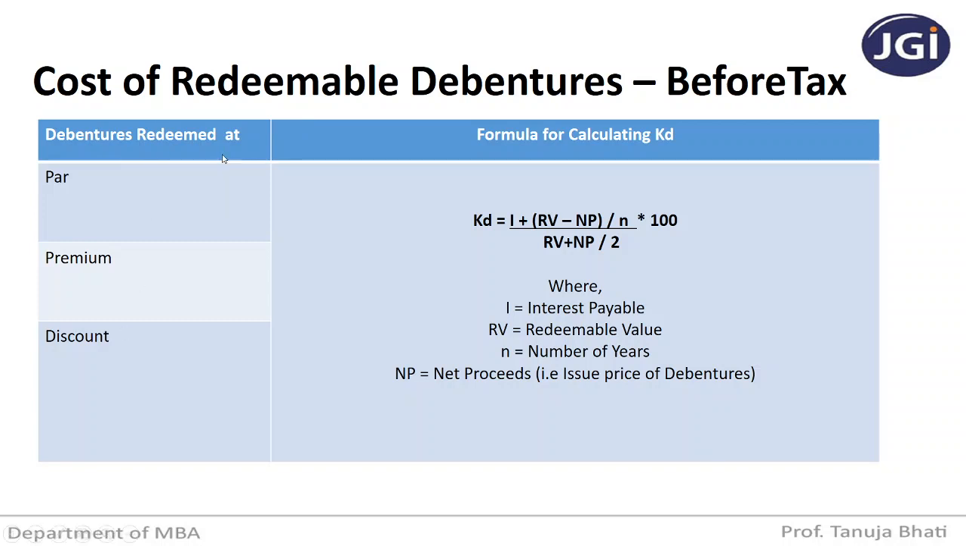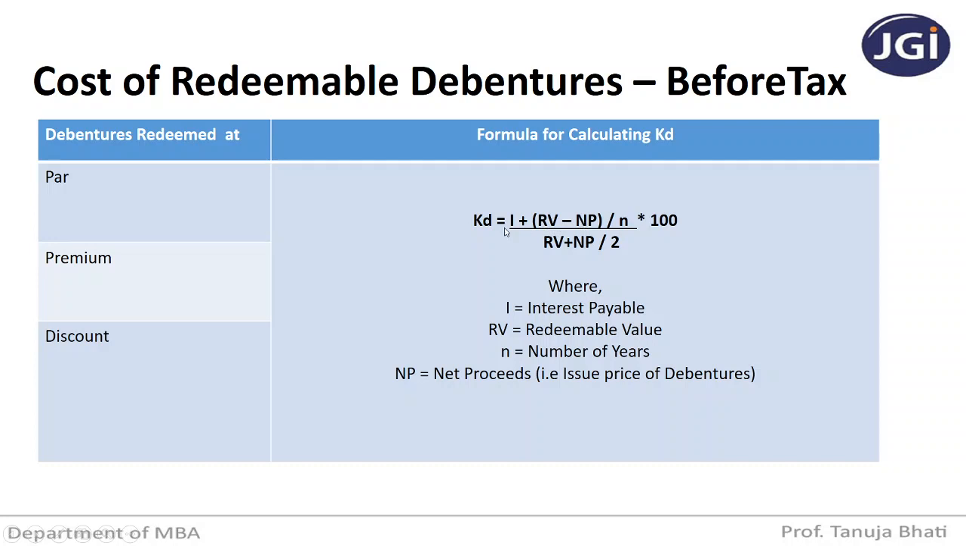So debentures can be redeemed either at par, premium or discount. Now the formula for calculating KD: KD, the cost of debentures, is equal to I, the interest payable, plus RV minus NP divided by N. N is the number of years, the definite period after which the debentures are going to be repaid. Suppose I issue debentures for a period of 5 years, repayable after 5 years. Here 5 stands for the number of years in which the debentures are going to be repaid. RV stands for the redemption value, that is the repayment value. NP stands for net